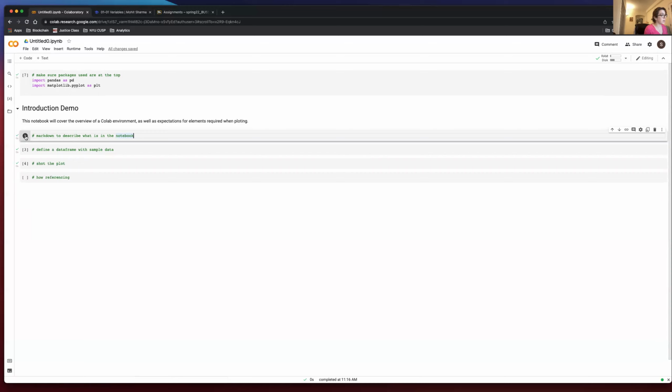Cells are something you can execute, and you can comment things. Anytime you are working with code, it's always a good idea to add comments to describe what you are doing. It helps not only you organize your own thoughts, but also other people if they read your code and want to know what you're doing when things aren't necessarily straightforward. Again, this isn't really a coding class, so we don't need to worry about these things. It's really a statistics class where we're just using Python as a tool. So don't worry too much about any of the details. Let's talk about